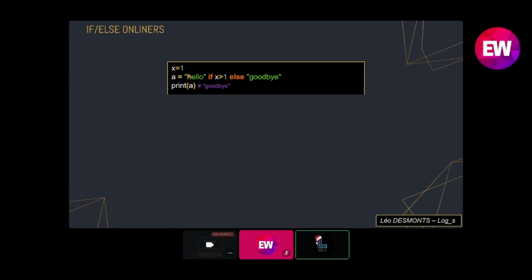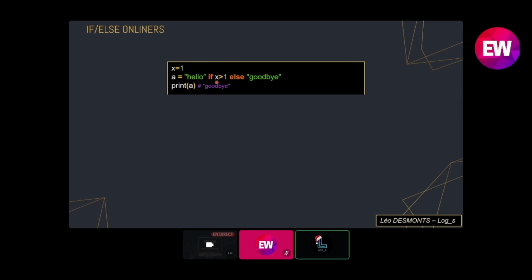The idea is just to remove the standard if-else syntax, which is: if a condition, return carriage, something to do, else return carriage, something to do, and put everything on the same line. So this basically says I want to return hello, the hello string, if this condition matches, and if it doesn't, then I want to return goodbye. So that's what's going on here.